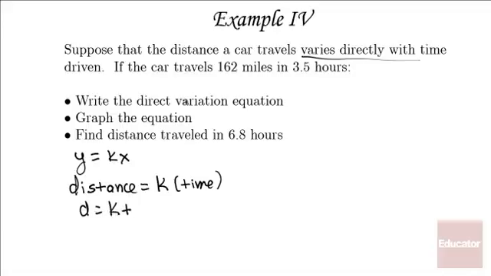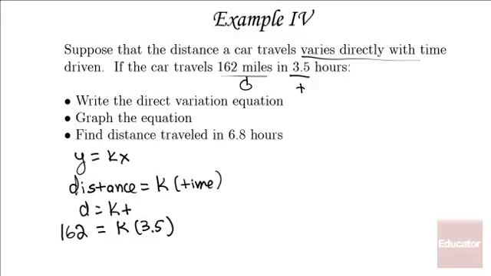And in order to write the direct variation equation, I need to find k. And I have been given distance, d, and time, t. So substituting in 162 miles in 3.5 hours,